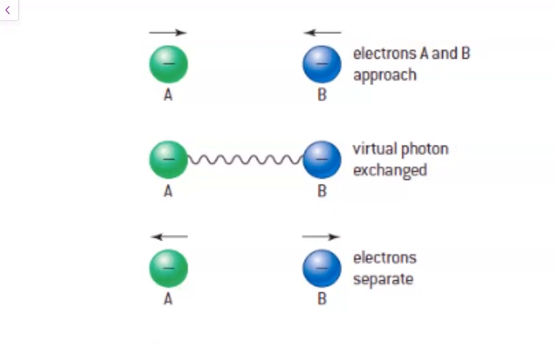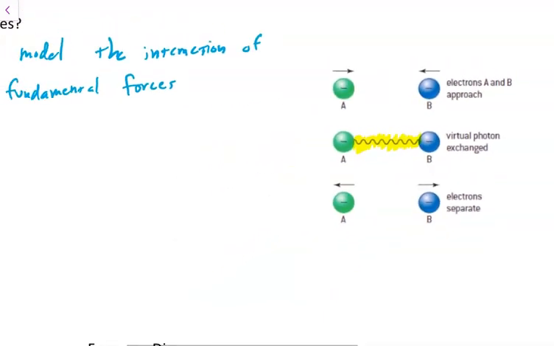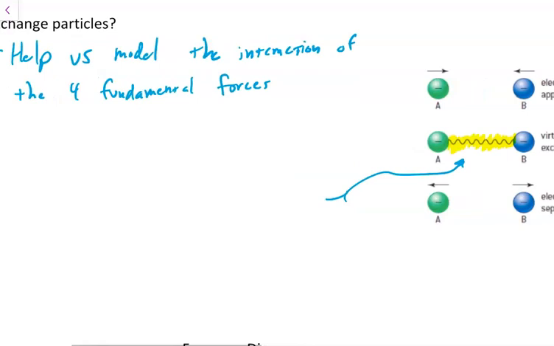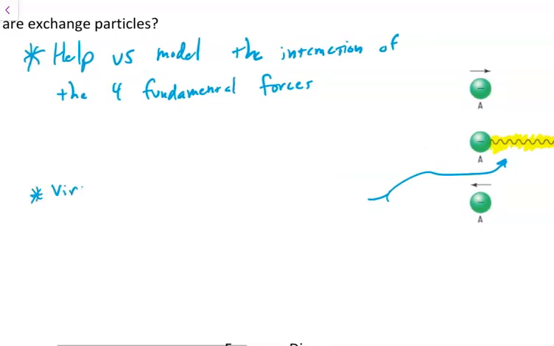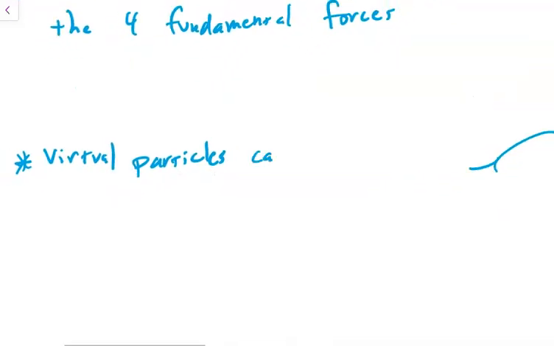So if electrons are approaching, there's an electric force that's going to cause a repelling. You're going to see a photon show up in the middle, and it shows up out of nowhere. Where did this come from? And this is what we give. These are called virtual particles. Most of our exchange particles actually are virtual, only if they fly off are we able to detect them. These are really weird instances of our understanding of physics, because virtual particles can pop in